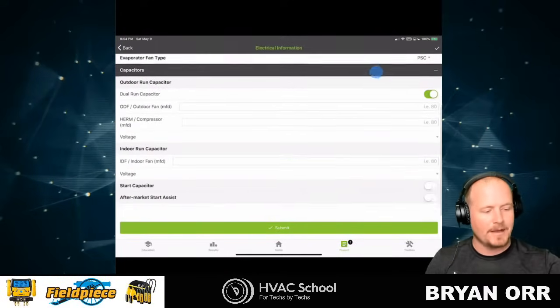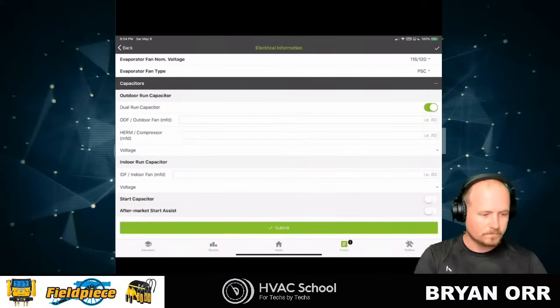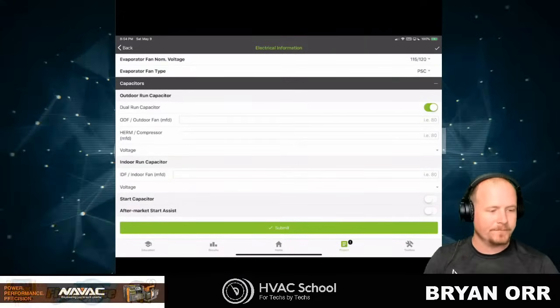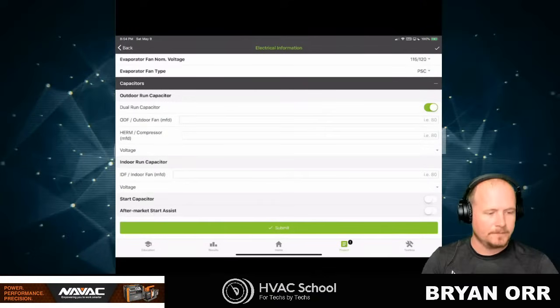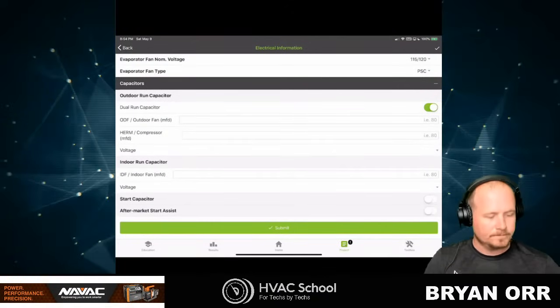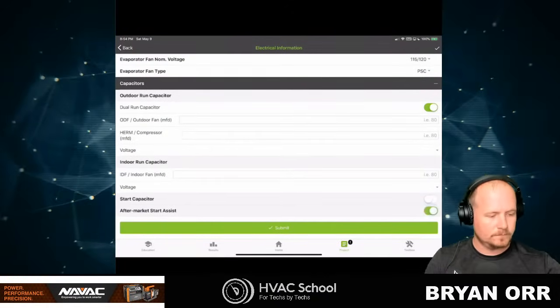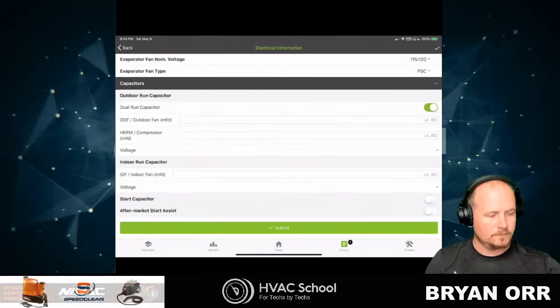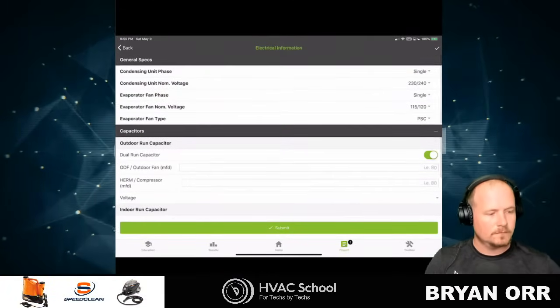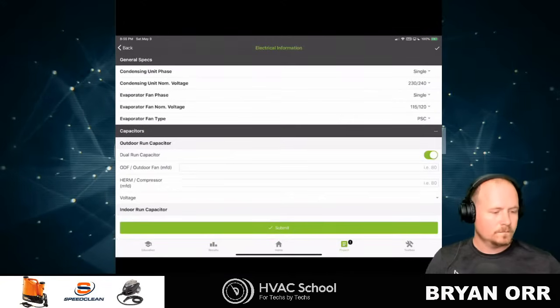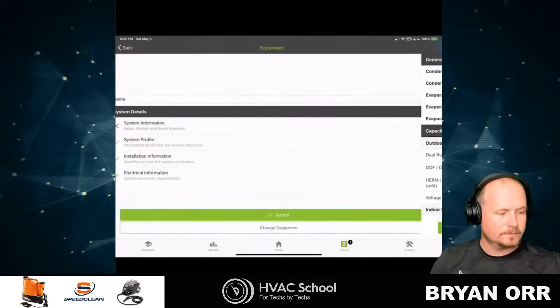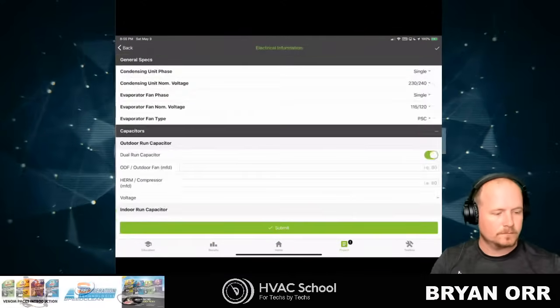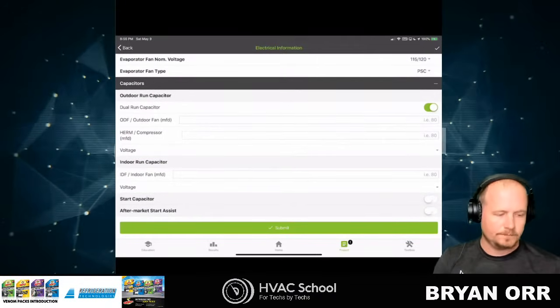So why would we put capacitor information into this? That's so we know what's there when we come back out later. Also, if you had a hard start kit installed on there, we capture that data. If you have an aftermarket start assist on there, but primarily just... also on the evaporator fan, if it's got an ECM, we ignore the power factor because we can measure power